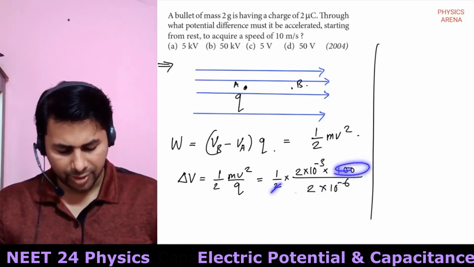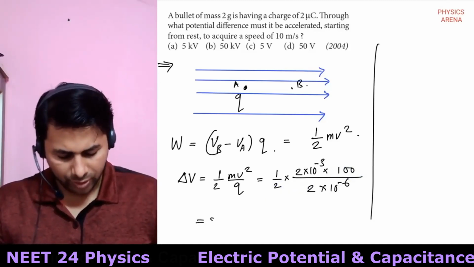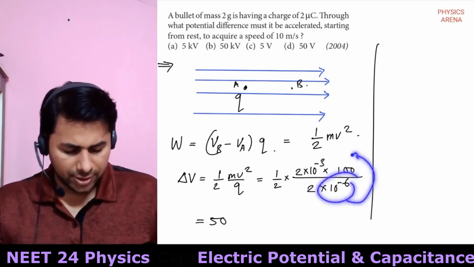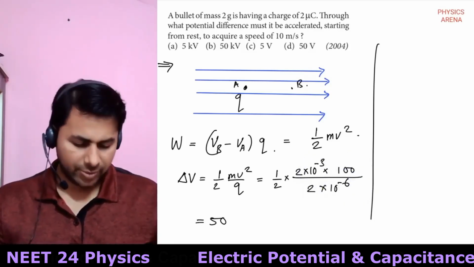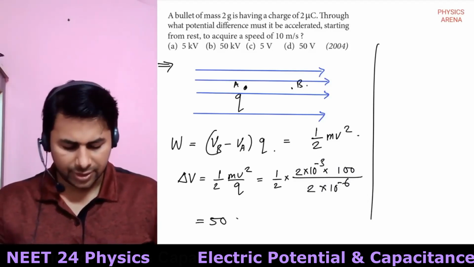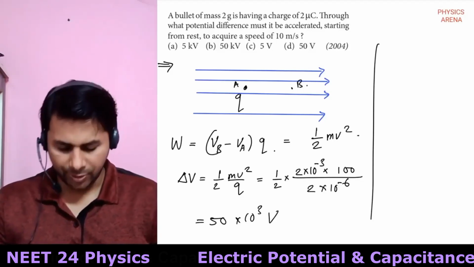So 100 divided by 2 is 50, and the 10 raised to minus 3 goes to the numerator with 10 raised to minus 6, it becomes plus 6, plus 6 minus 3 is plus 3, so it is 10 raised to 3. That many volts is the potential